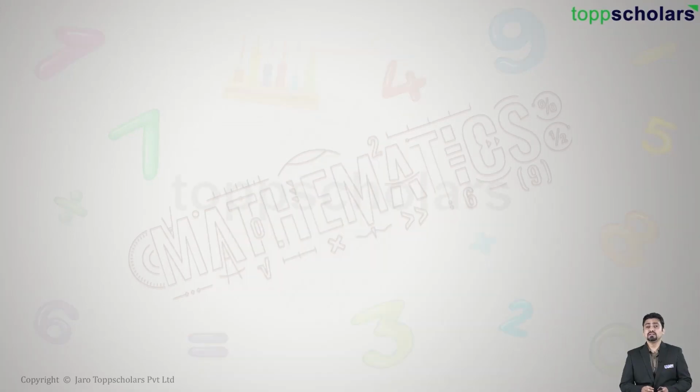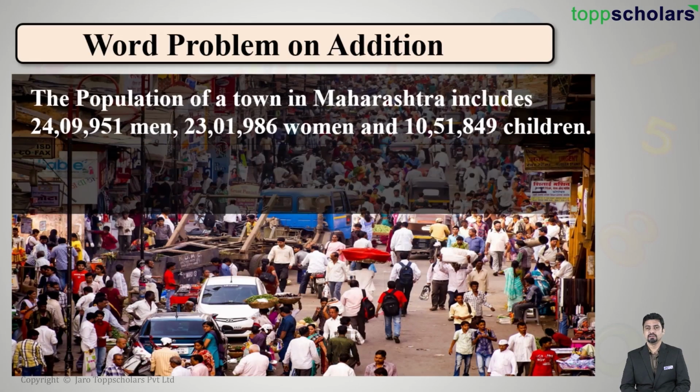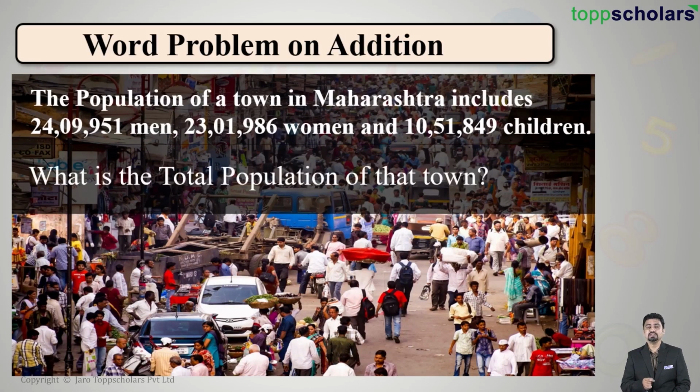Today we will learn about some word problems on addition and subtraction of 6 or more than 6-digit numbers. Let us begin. The population of a town in Maharashtra includes